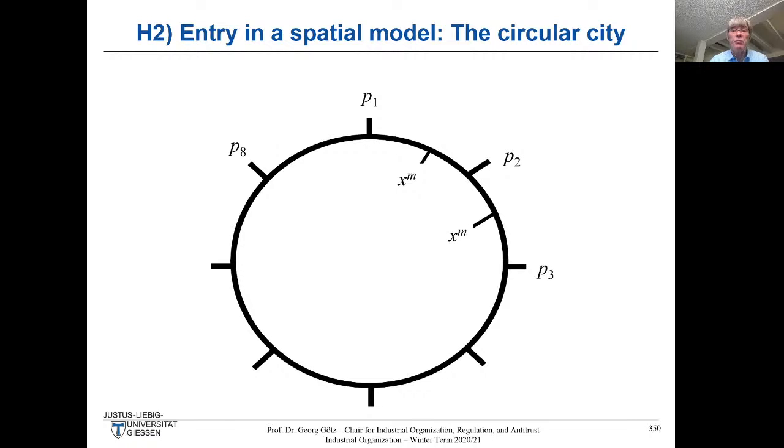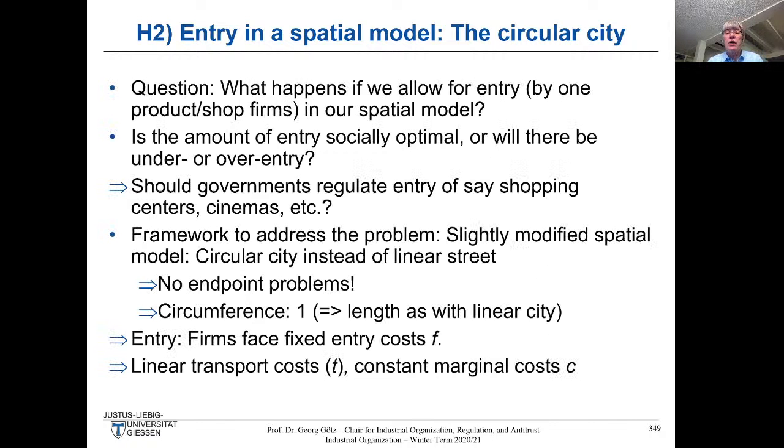based on Salop's paper from 1979, I want to make a short break here and ask for questions